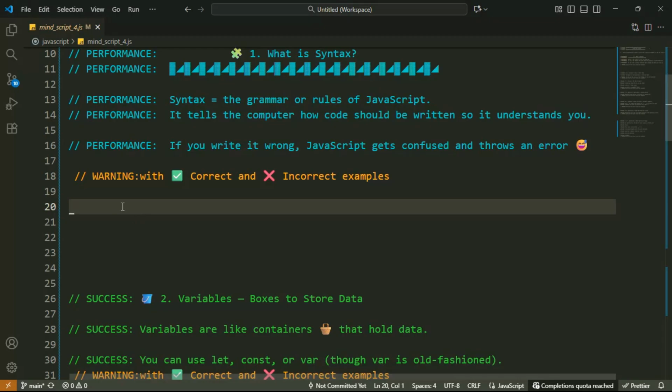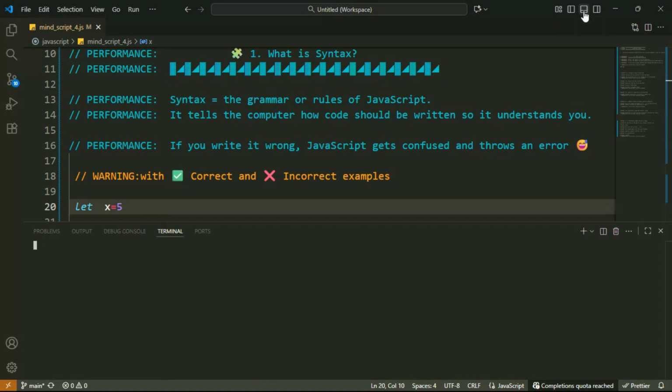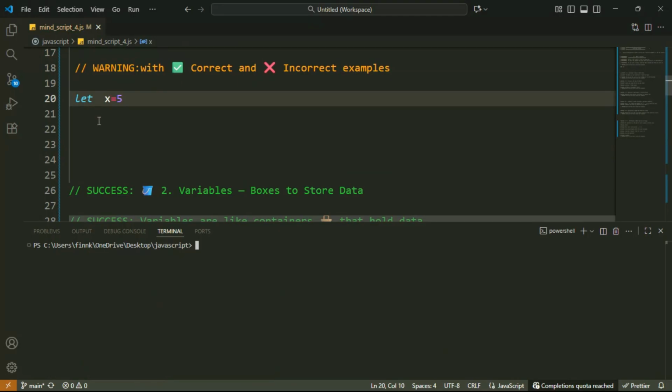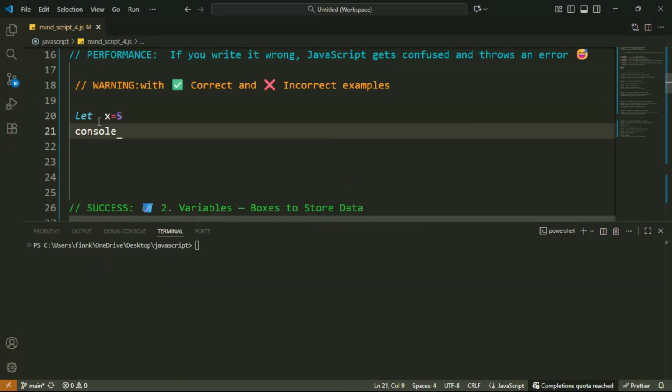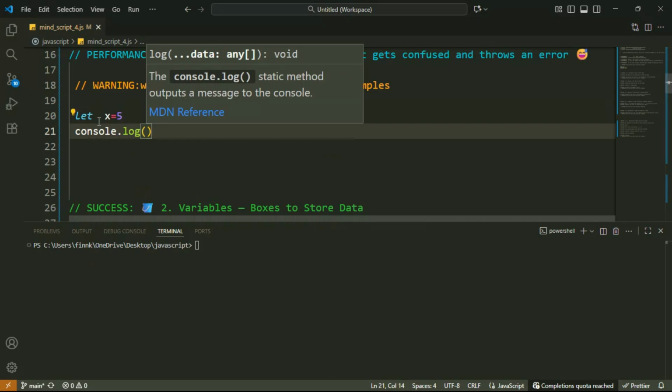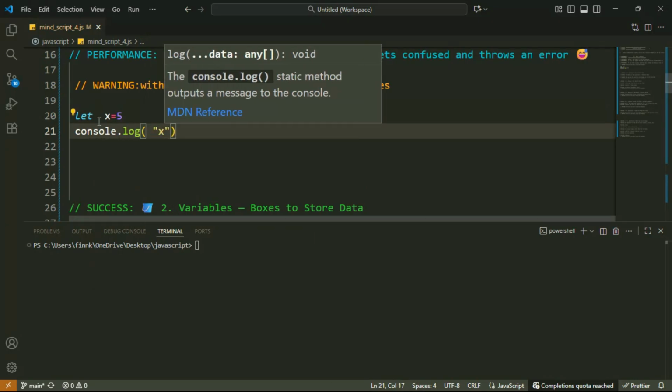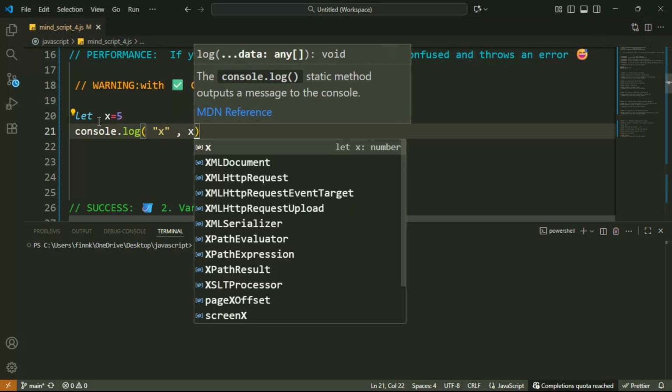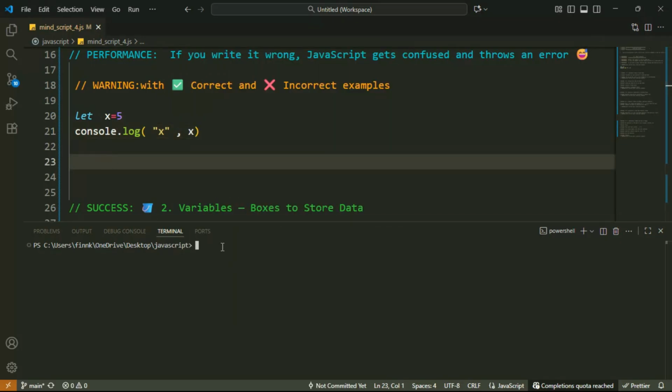First example: let x is equal to 5. This is correct syntax. Just follow the proper syntax and you can understand easily. Then console.log, where you print your value x. Then you have to run your file,